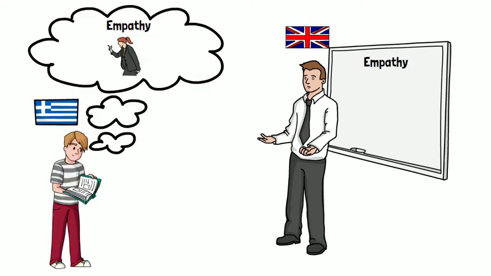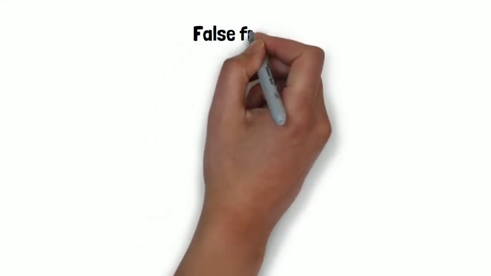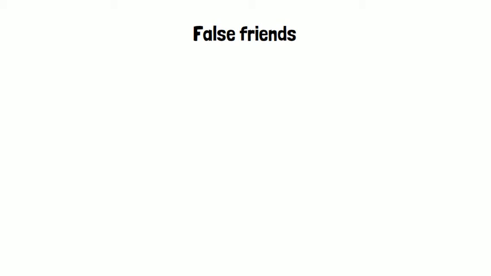Empathy is malevolence, prejudice, correct? Well, not exactly. I was really surprised to see it being used in a positive manner in the English language. How could this be? Could it be that I had been using the word wrong all these years? Could it be that my understanding of my mother tongue was wrong? Of course not. It was then that I found out about the concept of false friends.